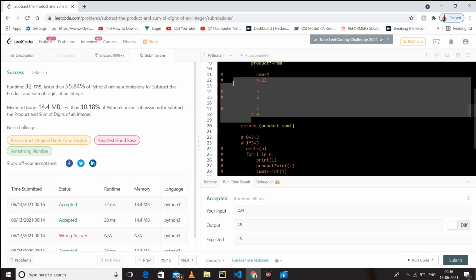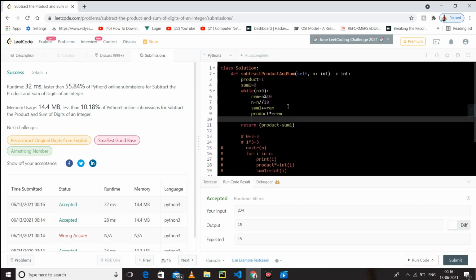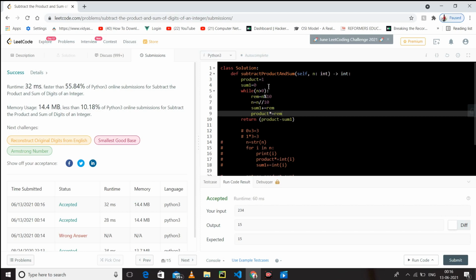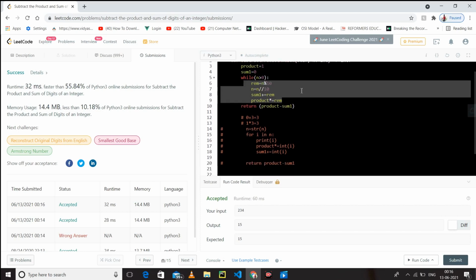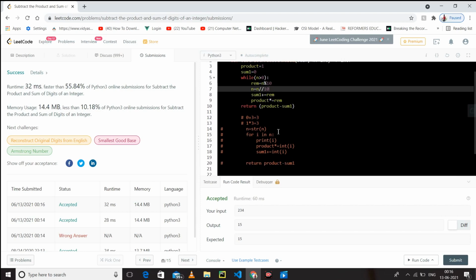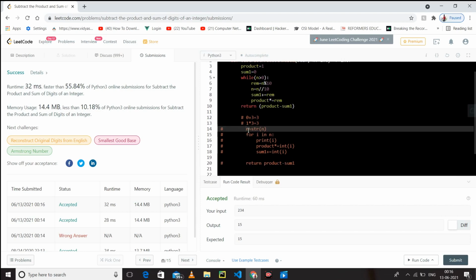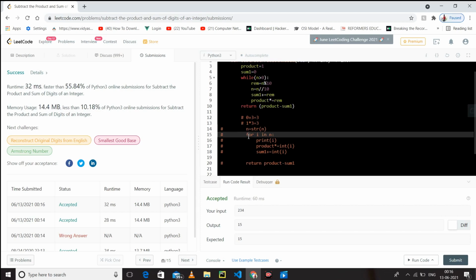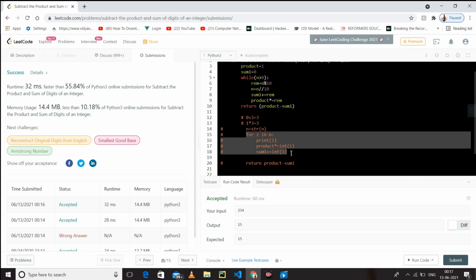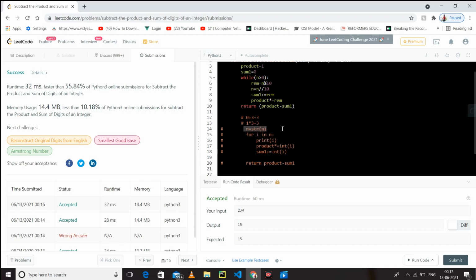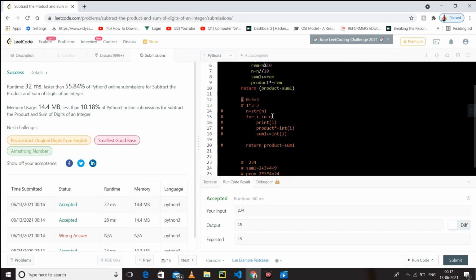So that is also getting accepted, and I will tell you that both are the same solution, both have the same approach, but this is the easy one. Because we are not converting a digit into a string, which would take big O of n. Now we are again traversing our whole string, which is also big O of n. So we are running 2 loops, and here we are also converting a string into an integer. That would also take some amount of time as well, maybe 0.5 picosecond. So this is also overall big O of n.